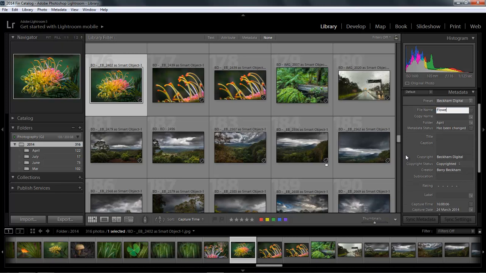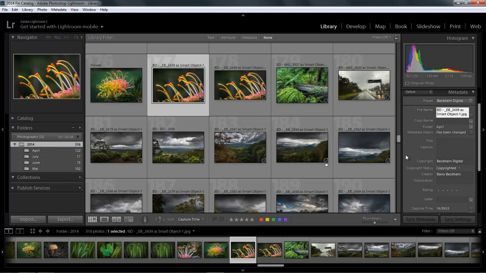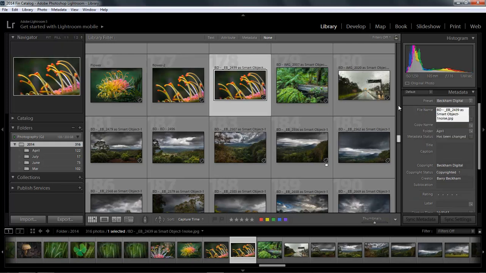Here I can type the word flower, but instead of hitting the enter key, I hit the control key and the right arrow key. You can see the file name has been applied, but then the cursor jumps to the next image in the sequence and automatically highlights the file name for me. Well, it hasn't on this occasion, so I'll do it. But if I put flower in there too and do the same thing again, and then do the same thing over here,